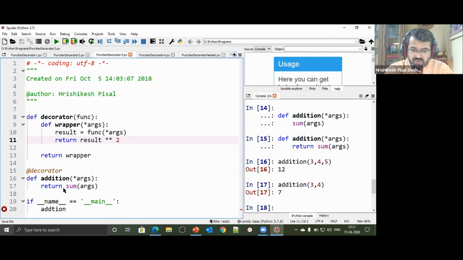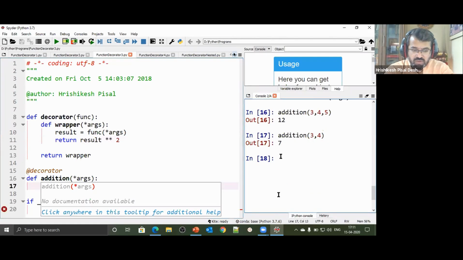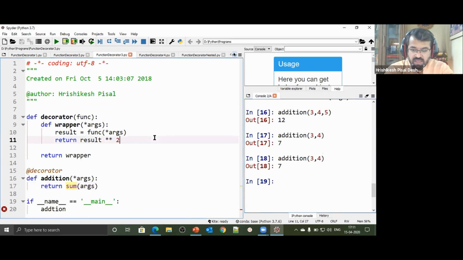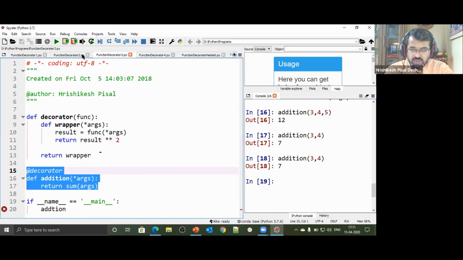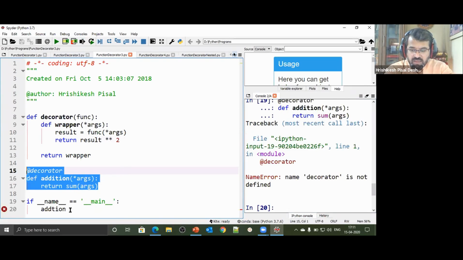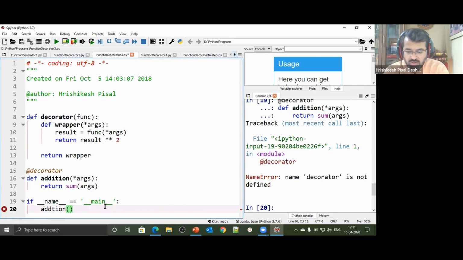So watch it very carefully. Till now, whenever I'm calling the function addition, until the time I have not decorated it, whatever values we pass, suppose I say addition of 3, 4, I'm still getting the answer 7. And I have a decorator which will perform some more operations on that. So now I decorate this particular function, and here I call addition of 3, 4 and print the statement.